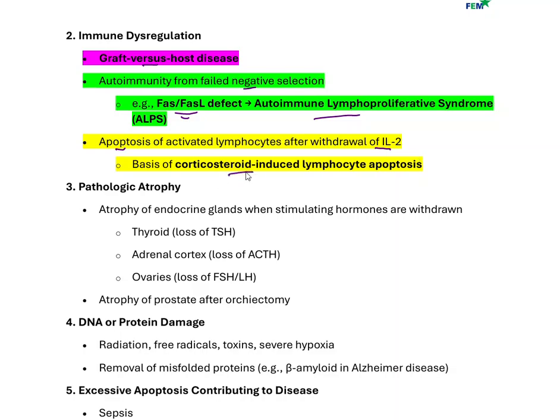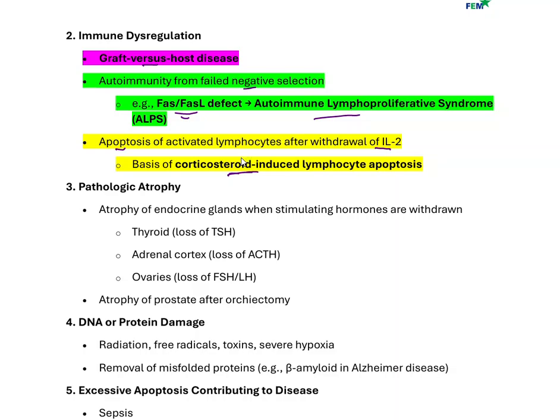So if you withdraw that interleukin 2 from those proliferating lymphocytes, then they're going to undergo apoptosis, right? And that's how most of the immunosuppressive therapies work. Most of them are targeting interleukin 2 to decrease interleukin 2. A classic example there is corticosteroid. So if somebody is taking corticosteroid, that could decrease the interleukin 2,